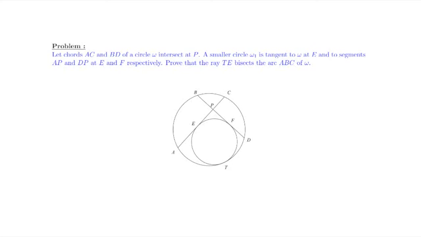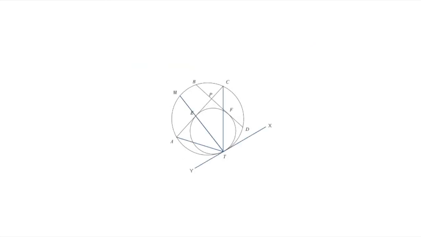In here, as you can see, I have extended the ray TE to meet the circle omega at this point M, and I have drawn this line XY tangent to both of the circles at the point T. Now our agenda is to prove that this ray TE bisects the arc ABC. So that will be done if we could prove